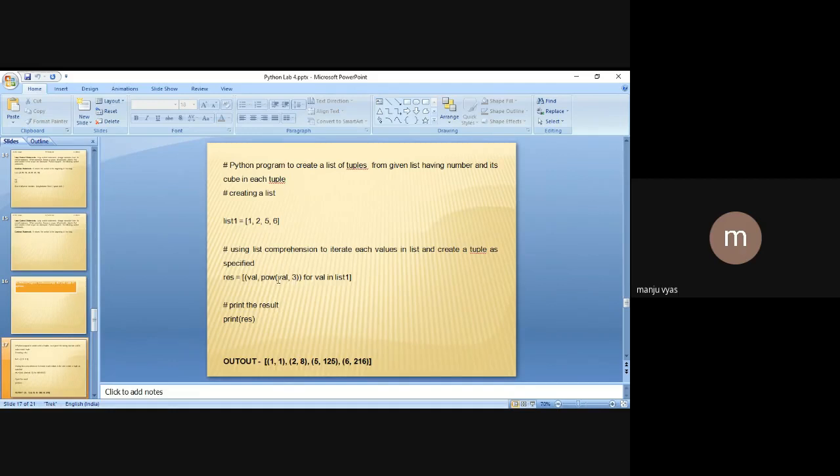That means it will take the cube of this particular value, right? For value in list1, it will take every value from list1 and then simply print the result. Let's see whether this code executes or not.